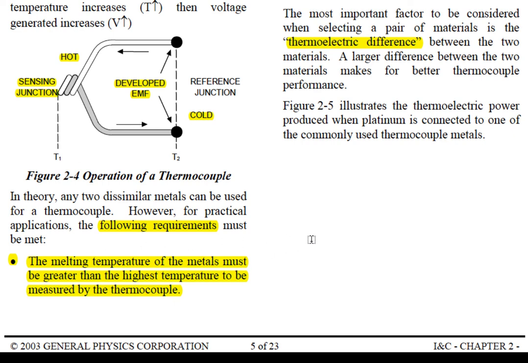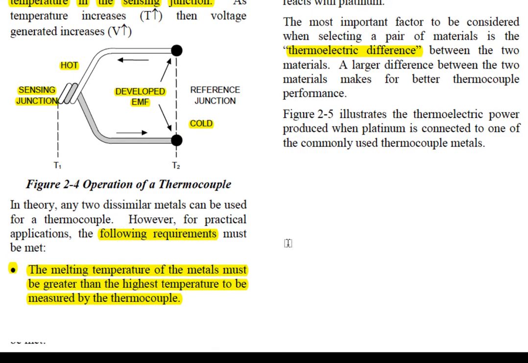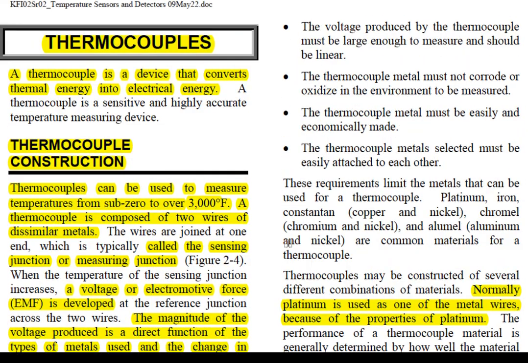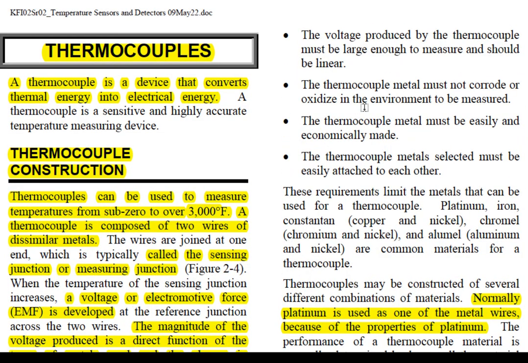Number one, do not make your thermocouple melt in the medium you're recording. Number two, the voltage produced by the thermocouple must be large enough to measure. And you try to get to linearity or proportionality as much as possible, depending on which metals you're using in the thermocouple itself. Number three, you got to make sure that the thermocouple metal is not corrosive in the